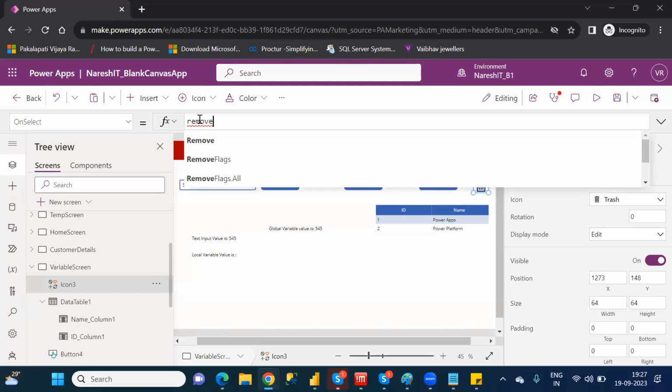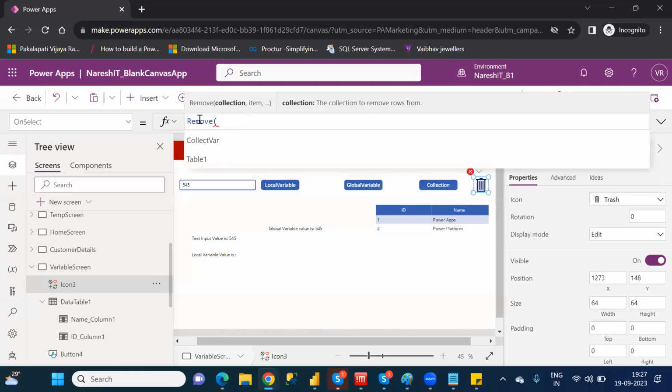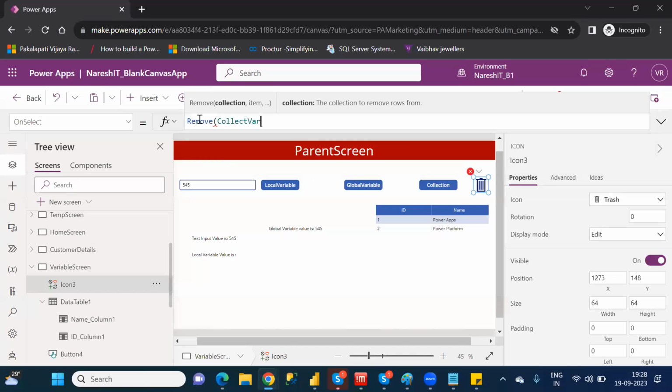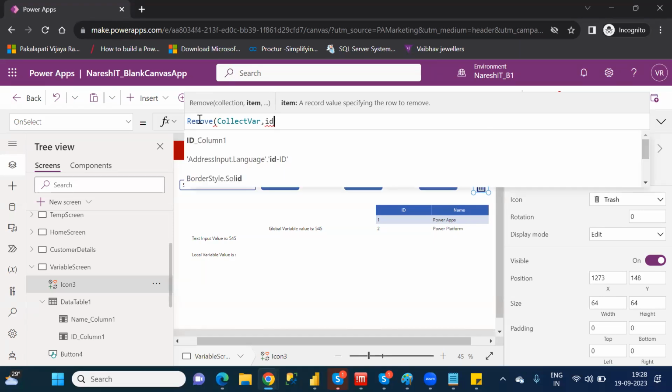That's the reason I'm using the Remove function. For the Remove function, you select the data set the record belongs to. If it is a data source related table, you have to select the table. If it is a collection related one, you have to select it here. And comma, like where ID is equal to